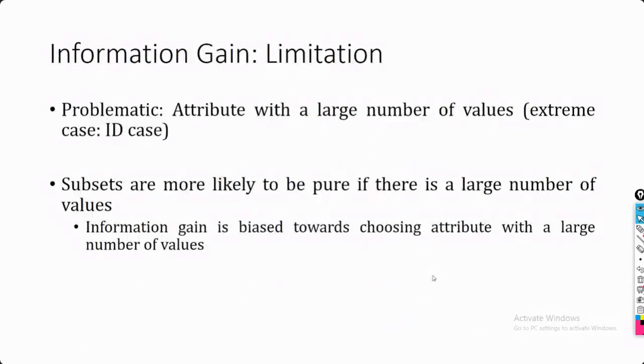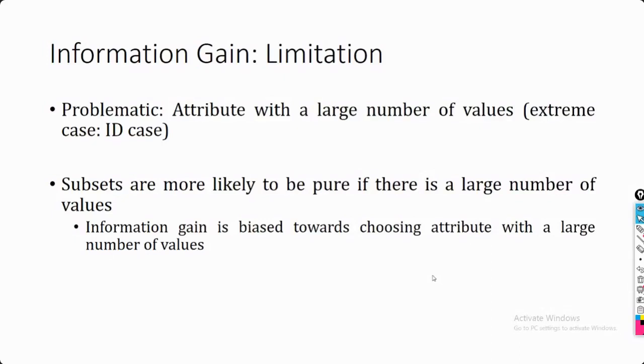Okay. Now next, this is the limitation related to information gain. The main problem with information gain is that it is quite biased toward the attribute having a large number of values. Suppose for example customer ID is not considered as an attribute, but if you calculate it, customer ID is going to give the maximum value, because with respect to a roll number or a particular ID, you are clearly able to differentiate between the sets of instances or sets of customers.